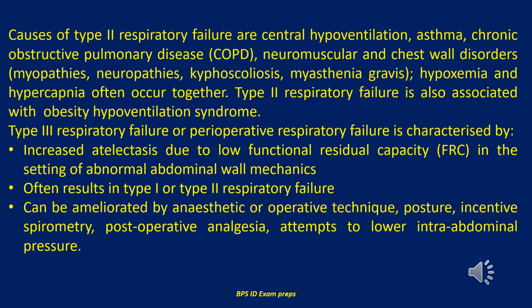Hypoxemia and hypercapnia often occur together. Type 2 respiratory failure is also associated with obesity hypoventilation syndrome. 3. Type 3 respiratory failure, or perioperative respiratory failure, is characterized by: